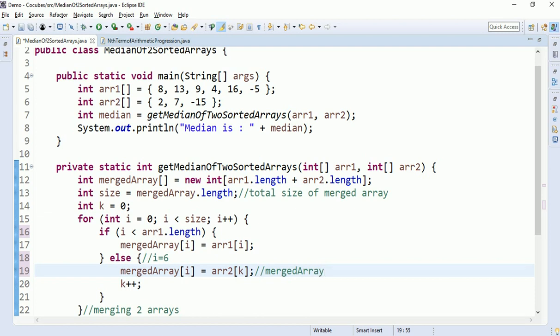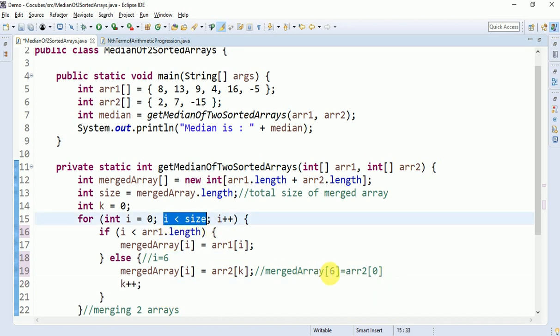Merged array in the 6th index, I mean the 7th element would be array2 of 0. Okay, like this it happens, and k plus plus, and this happens until the size is finishing.